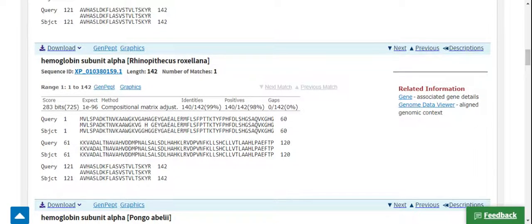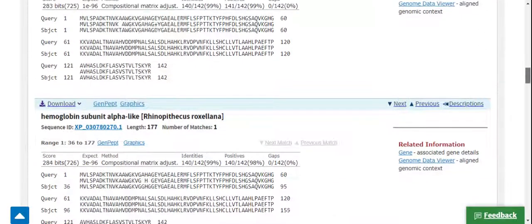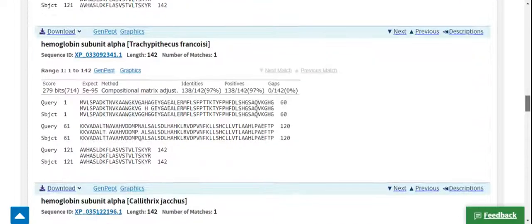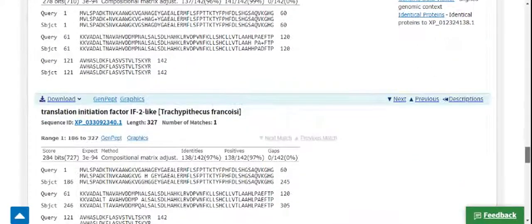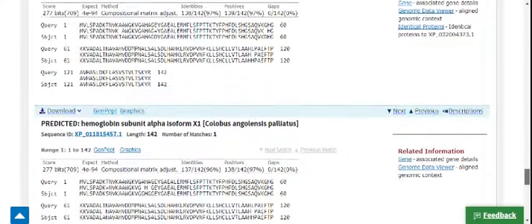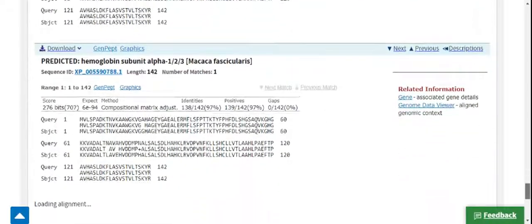One more important thing is gaps. What are gaps? Here it is also written, the third section is gaps. Gaps here is 0%, meaning that throughout the sequence there is no deletion or mutation during the amino acid sequencing. So they are in a line, in a series. No deletion or mutation has been recorded in these sequences. So this is a win-win result. In most of the sequences, as we scroll down, we can see 0% gaps.